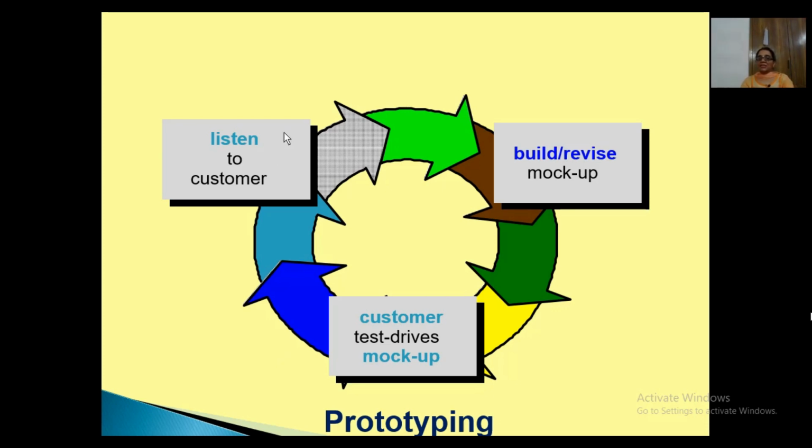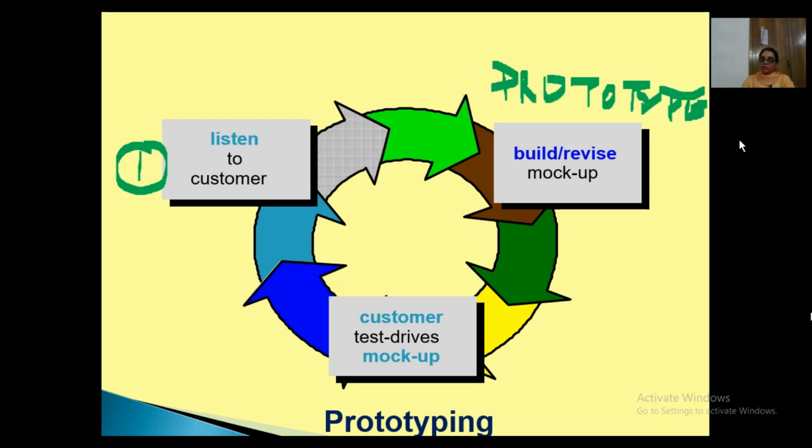Number one, you are listening to the customer. Then, build, revise or mock-up, which means you are generating the prototype here. So you are building the prototype in a build or mock-up step, that is step 2. Then the customer tests or drives the mock-up.